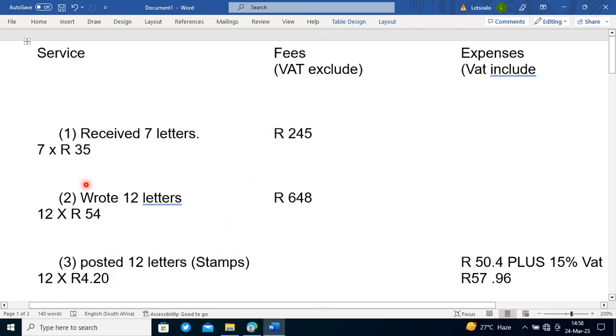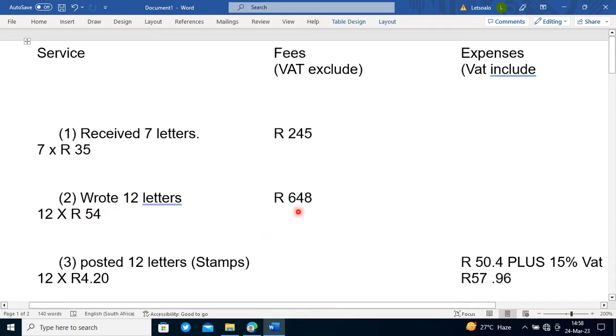Just like I did. So the first one is letters received. They have received 7 letters. Then you have to check each letter is how much. Each letter stated that 35 rand. So we have to say 7 times 35 rand. Then I got 245. Then the number 2 wrote 12 letters. So the number of letters which were written were 12. Each letter is 54 rand. So 12 times 54 rand is